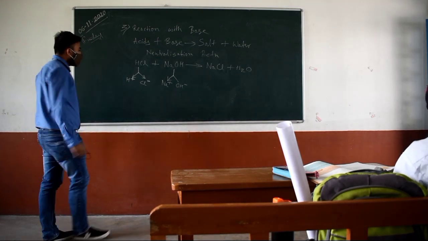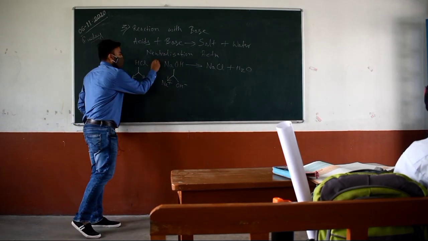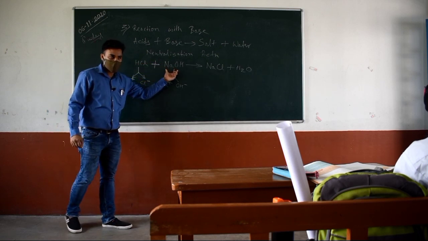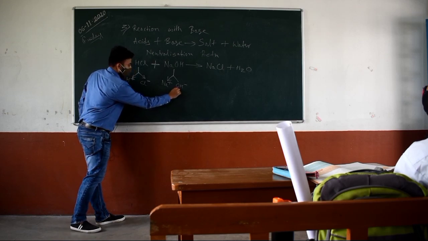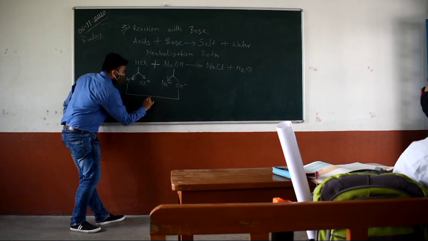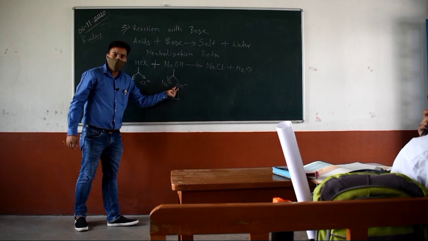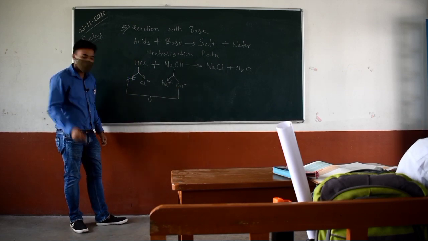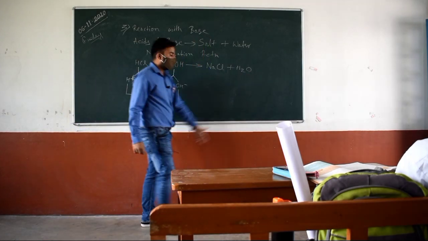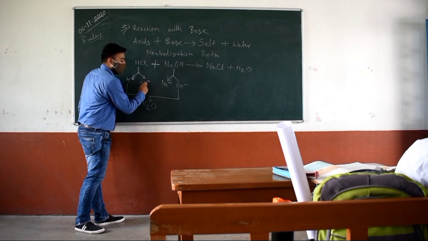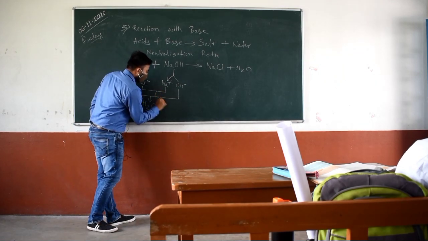Clear all of you? Now what happens? There is a combination between these two. Addition is there, right? Addition means this is combining with this one. So what happens? The plus part of this compound reacts with the negative part of this and it is forming H2O. Clear? 1H, 2HO, H2O. Is it clear to you? So that is why it is forming H2O, this one. Clear? And this Cl, which is the negative part, and this Na, which is the positive part, they are combining together and they are forming the what?